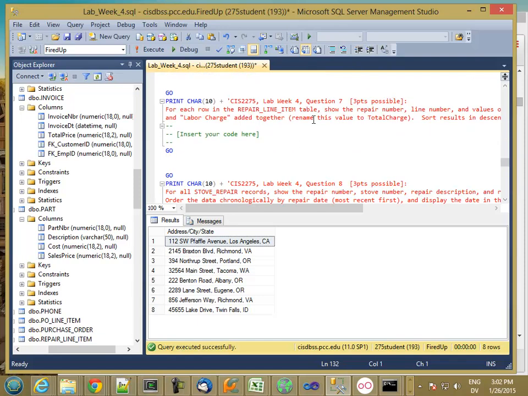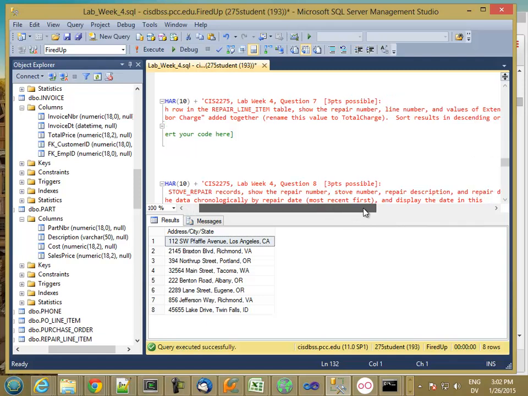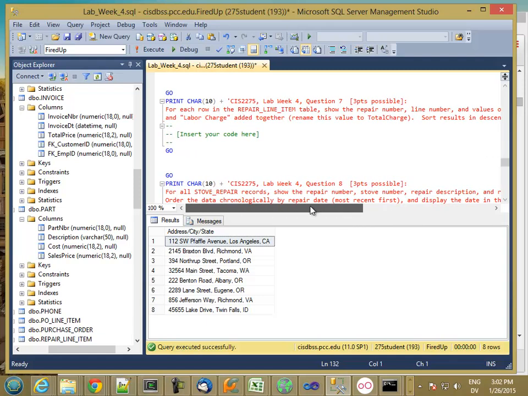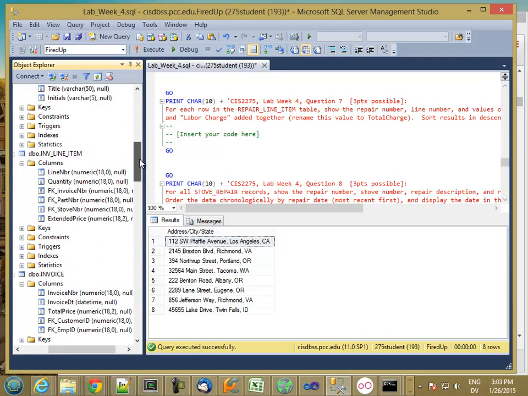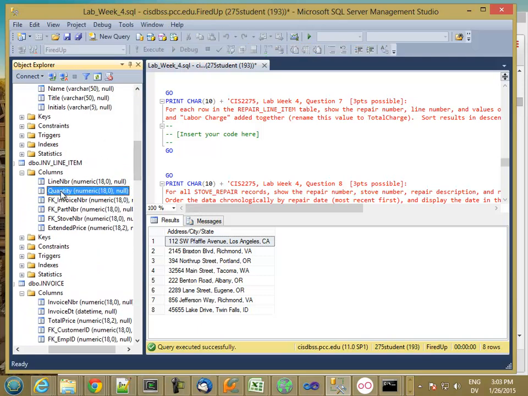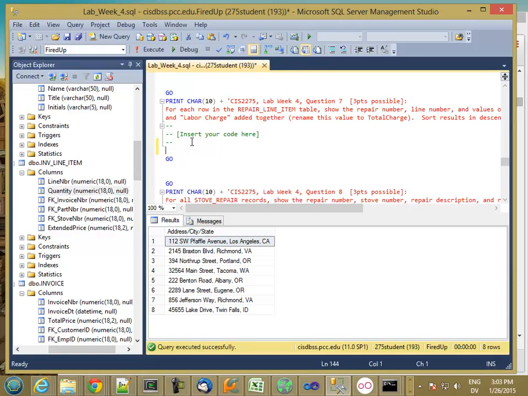For each row in repair line item table, show repair number, line number, values of extended price and labor charge added together. So once again, I can put mathematical operations in the select clause of my query. For example, if I want to look at the invoice line item table, I see there's a quantity which is numeric, and I see an extended price which is numeric. If I wanted to do some math on that, I can say select, and then I'm going to do extended